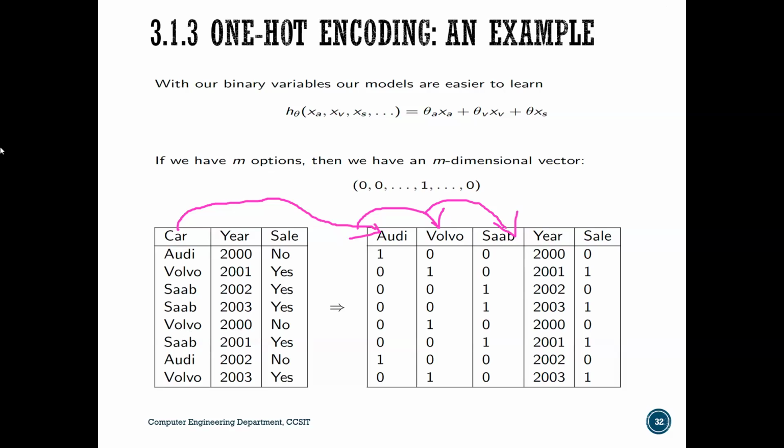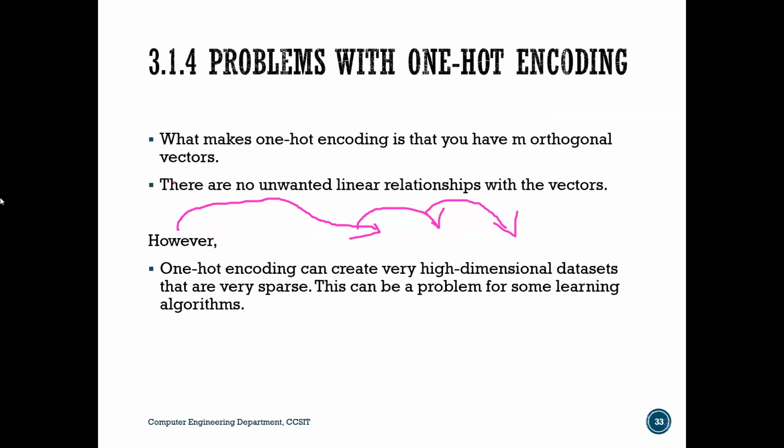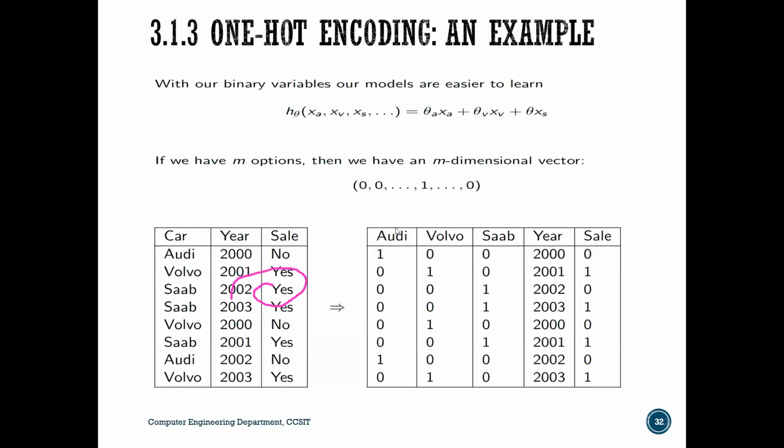If we have a small data set, then we can do that. It's fine. But if we have a huge amount of data, then again, it will be too much of a burden on the machine, right? So that's why we are going to learn another technique also. This has this issue because it creates a very high dimensional data set and that is very sparse. What is the meaning of sparse? Sparse means most of the data is zeros. Because look, suppose I have